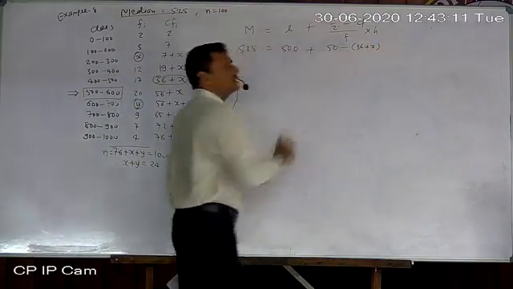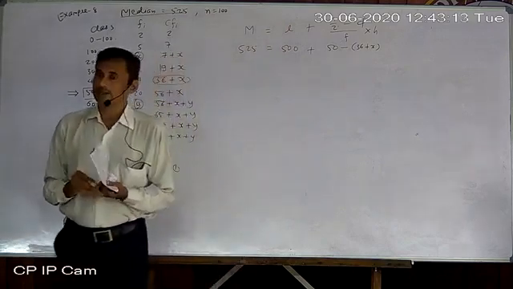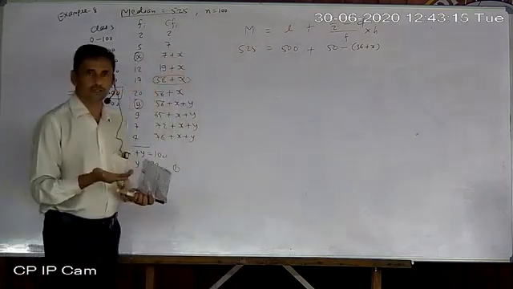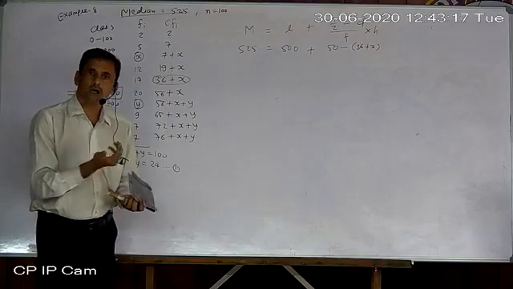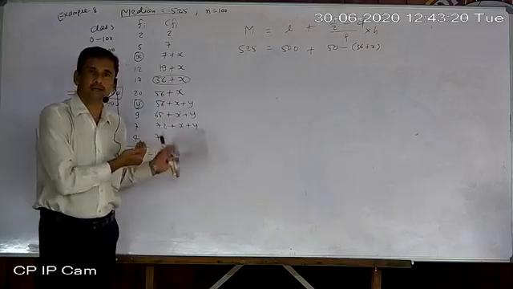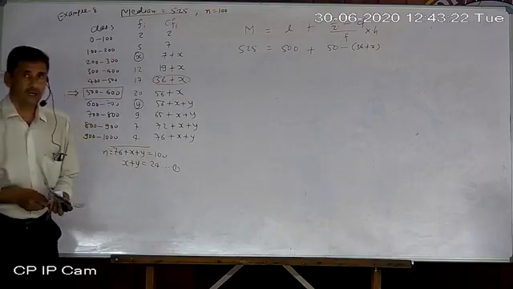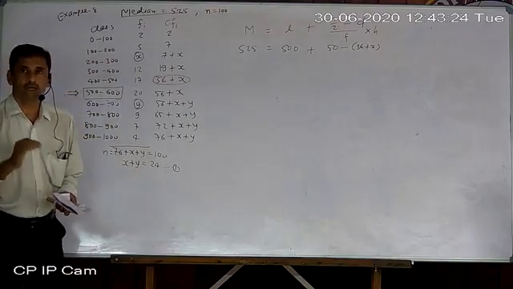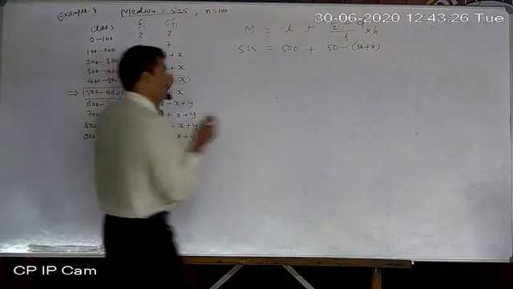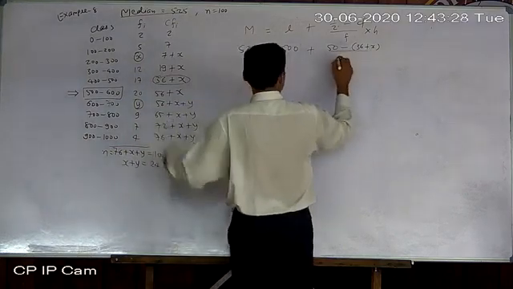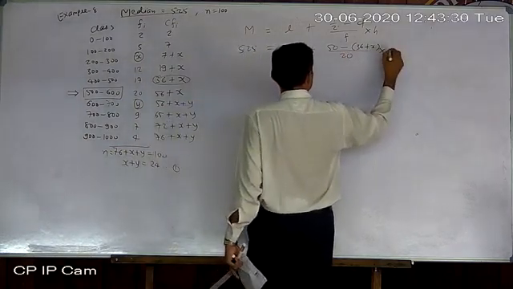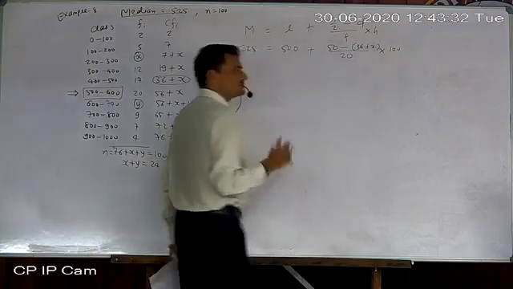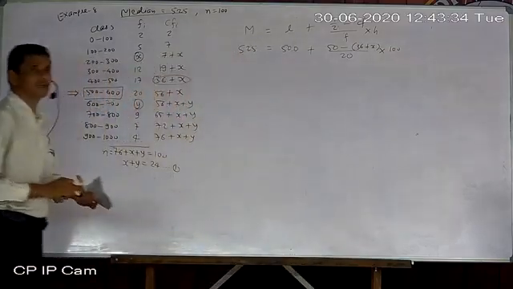Why? Because the minus sign is there before it. So whenever there is more than one term, and ahead of that bracket a minus sign is there, always keep in mind to make a bracket. Now F means frequency of median class, 20. Class size is 100, whether it is of median class or of any class, since classes are of equal size.